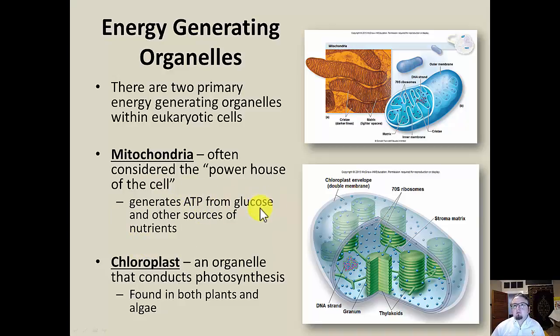Sugar is used directly to make ATP, but your body can even break things down like fats and proteins into sugar, which can then be used by mitochondria. So there's a lot of ways to create glucose in your body through a variety of food sources. And your body does that and then ultimately feeds the mitochondria with that glucose to make ATP. It can use other things besides glucose, but that's kind of its main energy source.